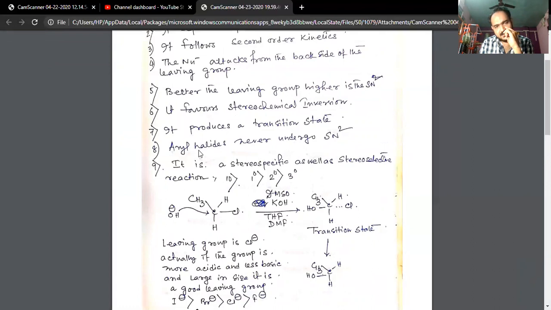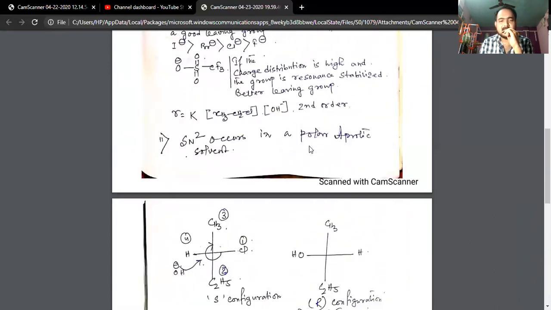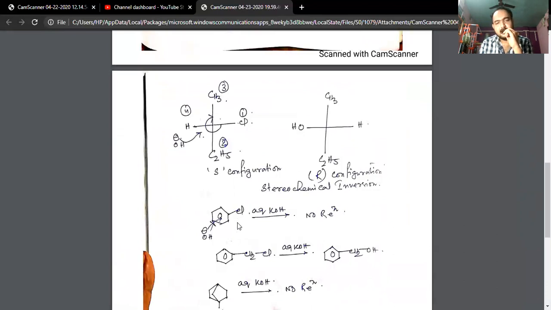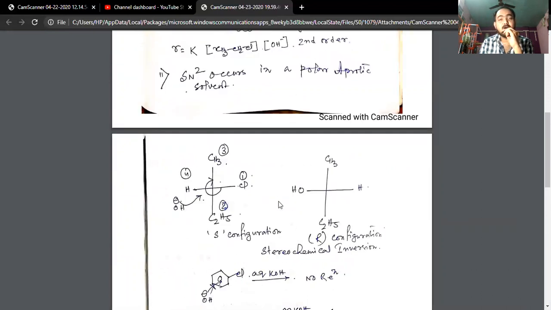Aryl halides, next point, aryl halides never undergo SN2. Now you see here, this is the aryl halide. Aryl halide means the halogen atom is attached to the aryl group directly. Why does this not undergo reaction? Because you see here,